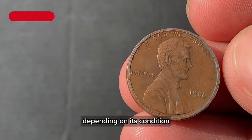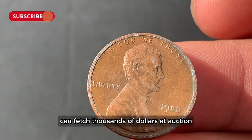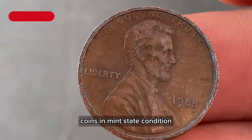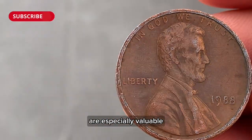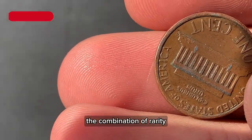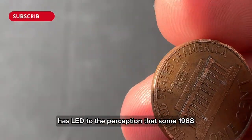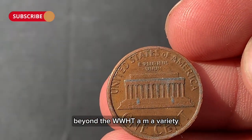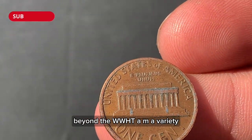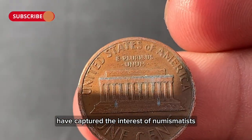Depending on its condition, a 1988 penny with this error can fetch thousands of dollars at auction. Coins in mint state condition, with no signs of wear and tear, are especially valuable. The combination of rarity, historical significance, and collector demand has led to the perception that some 1988 pennies could be worth millions. Beyond the wide AM variety, other errors and anomalies associated with the 1988 penny have captured the interest